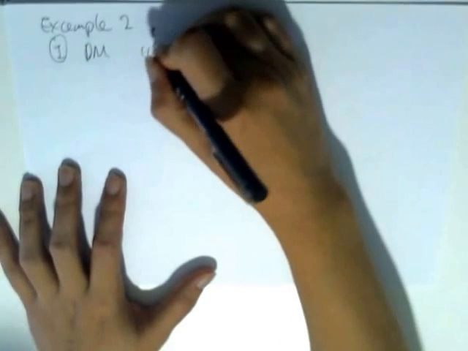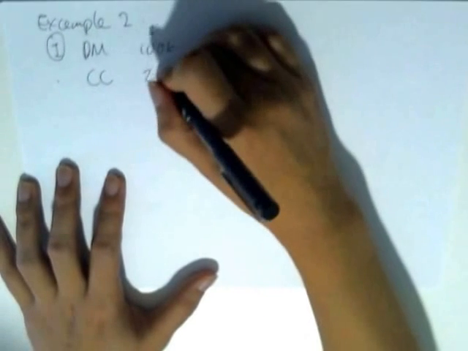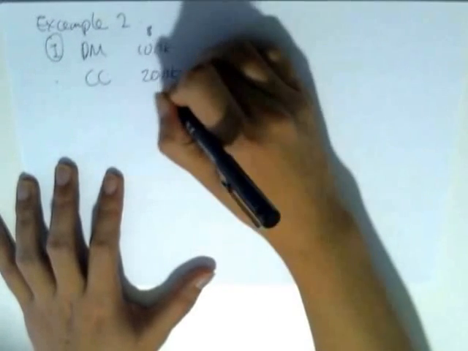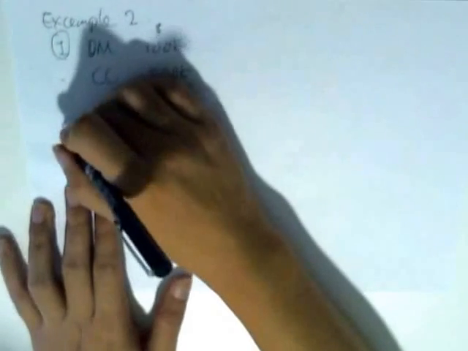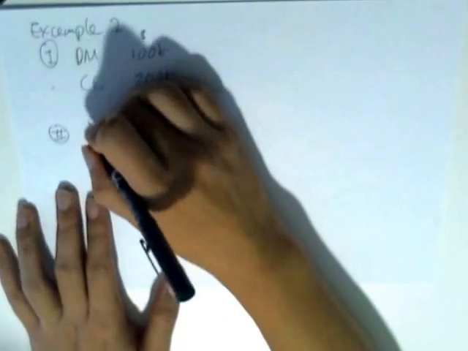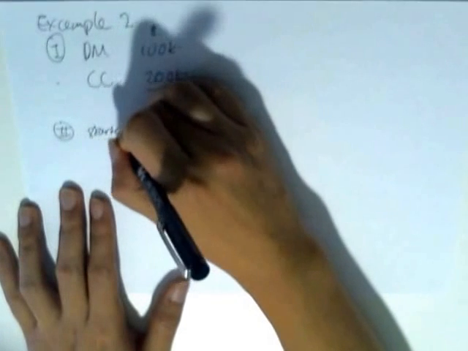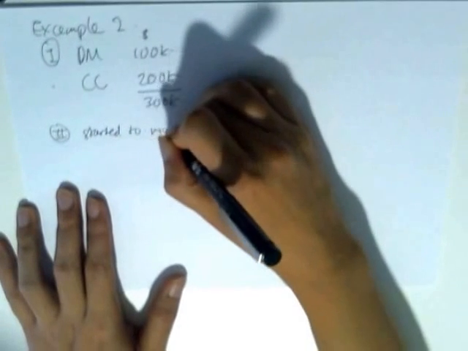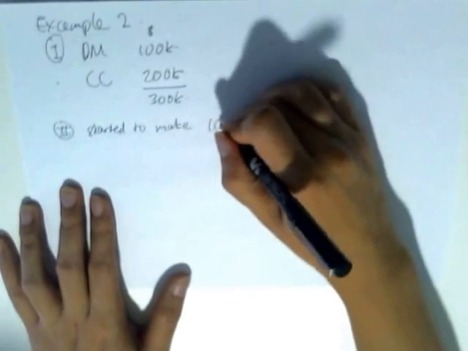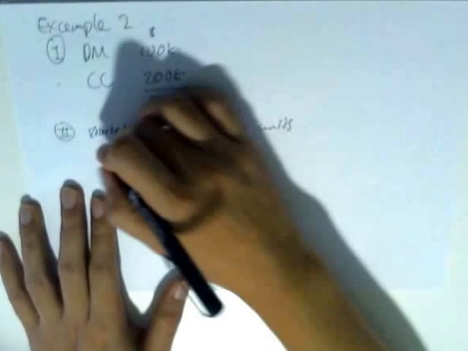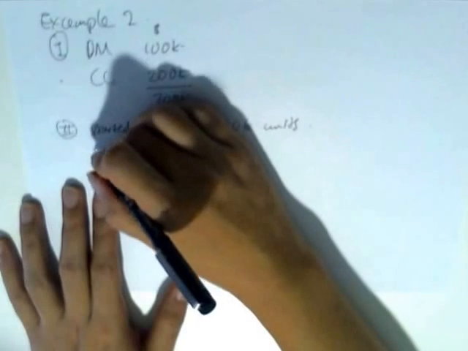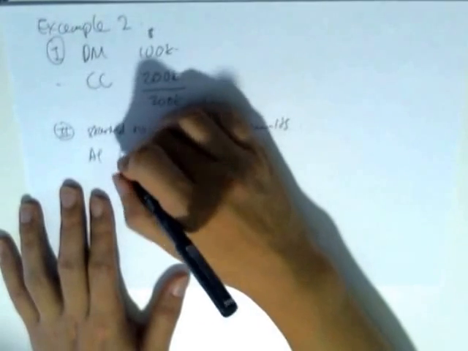Direct material cost would be 100,000. Same for the conversion cost, which is 200,000. And that gives us a total of 300,000. And then we also understand that the factory started to make 100,000 units. Right. So as with the earlier example, we are not going to have